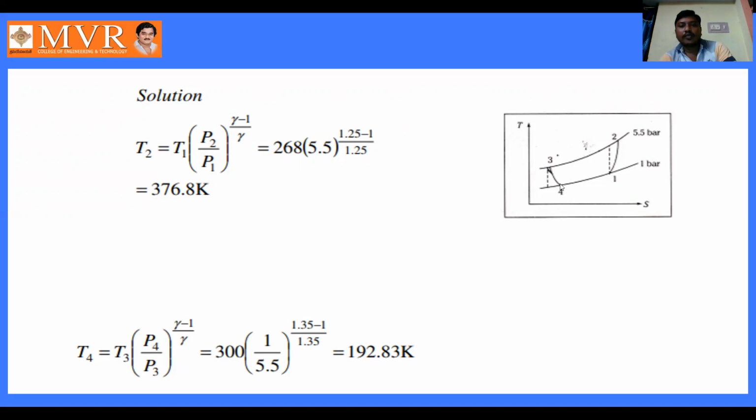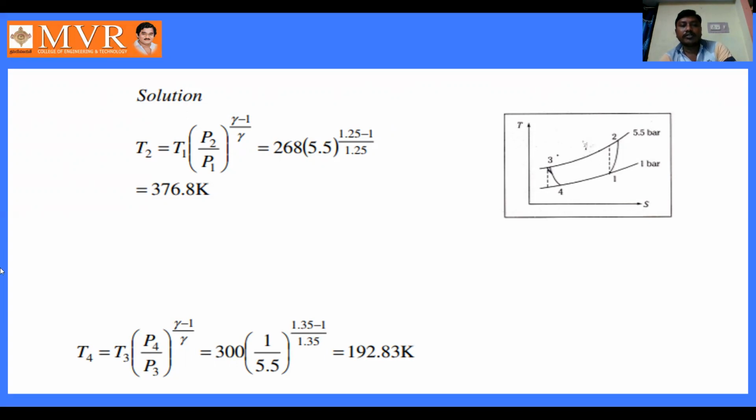And now we are trying to get the value of temperature 4 also here. For T4, we already know the T1 and T3 temperatures. Now we are calculating T2 and T4. Already we have calculated the T2 value here. Now we are trying for T4. We know the general equation for calculating T4 as T3 by T4 is equal to P3 by P4 whole power gamma minus 1 by gamma.